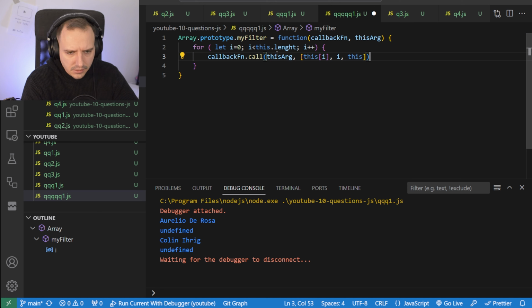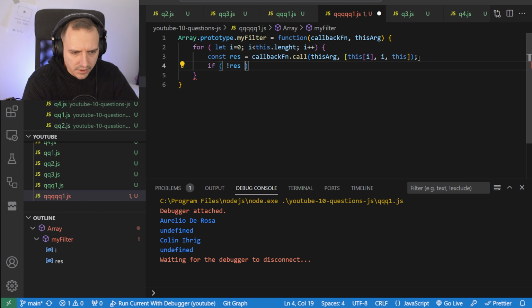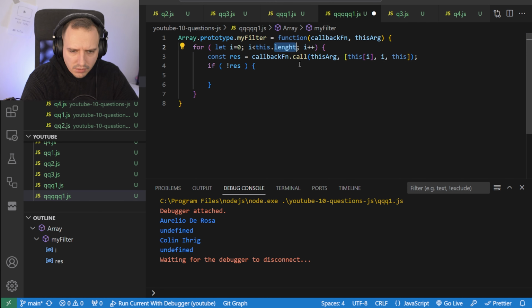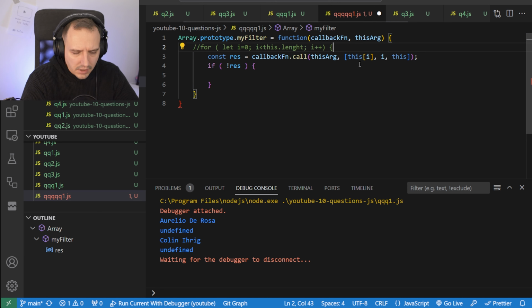So this is what we call, and we check the result. If it's not truthy, it's probably not a good idea to remove it here, because the for loop is running on it. We should have done forEach. That's just much better for this, because we can remove from the original at that very point.